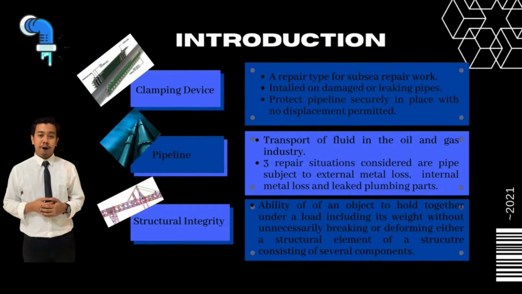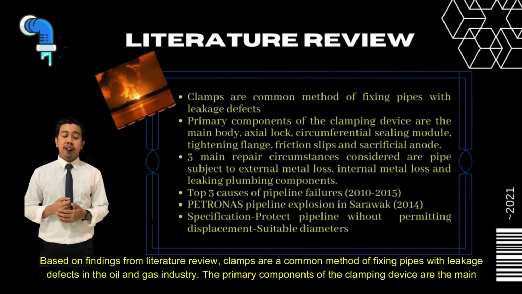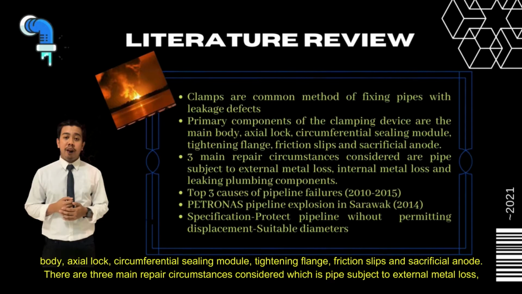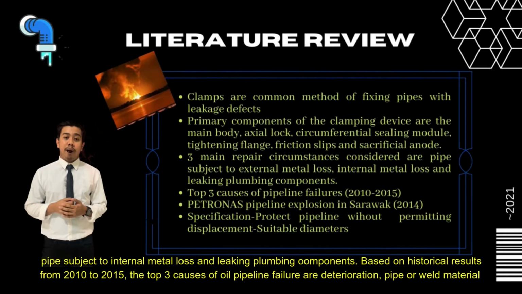Based on findings from the literature review, clamps are a common method of fixing pipes with leakage defects in the oil and gas industry. The primary components of the clamping device are the main body, axial lock, circumferential sealing module, tightening flange, friction slip, and sacrificial anode. There are three main repair circumstances considered: pipe subject to external metal loss, pipe subject to internal metal loss,